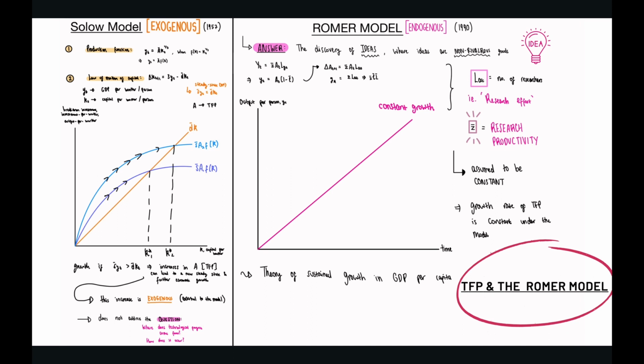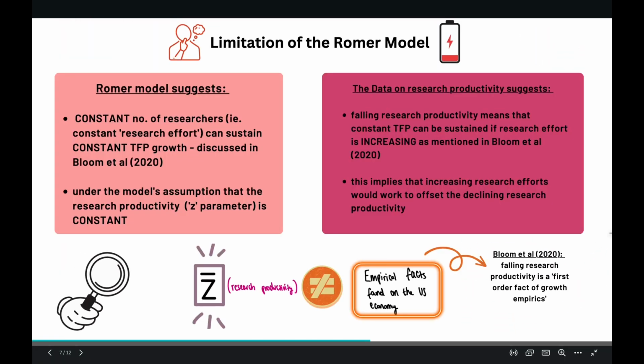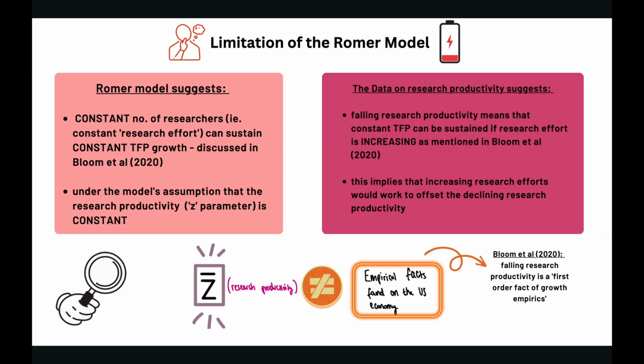The Romer model suggests that a constant level of research effort is required for constant growth in TFP. However, the decline in research productivity, as shown by the data, highlights a potential weakness in the Romer model. This evidence suggests that in order to maintain constant TFP growth, research efforts must be increasing to offset lags in